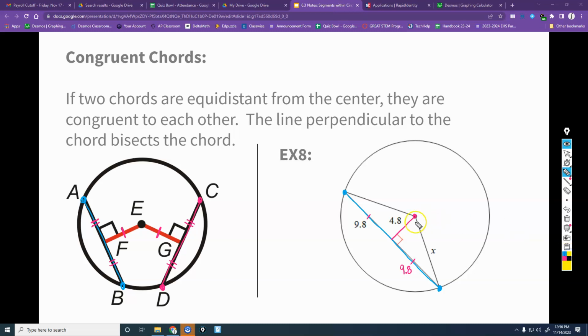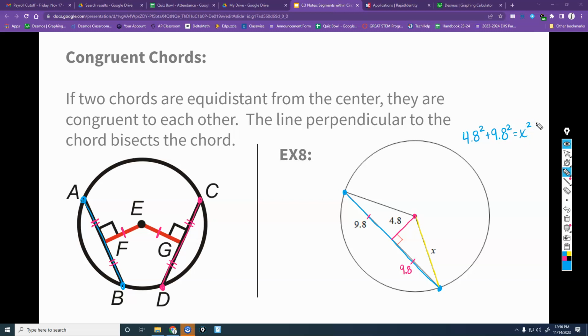Then they ask us to find X right here, so this side across from that right angle. What should we use to find X? Yes, Pythagorean theorem, because that makes a right triangle. So in a lot of these problems, you're going to have right triangle stuff that you're going to do with it. So what is my hypotenuse of that triangle? Is it 4.8, 9.8, or the X? X. So I will do 4.8 squared plus 9.8 squared equals X squared,